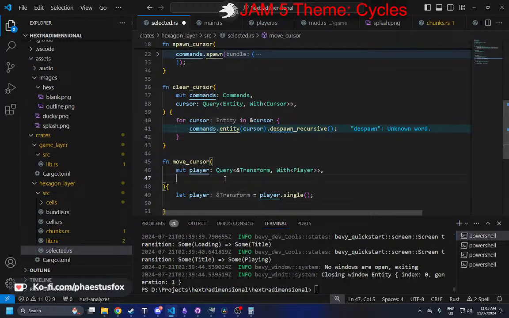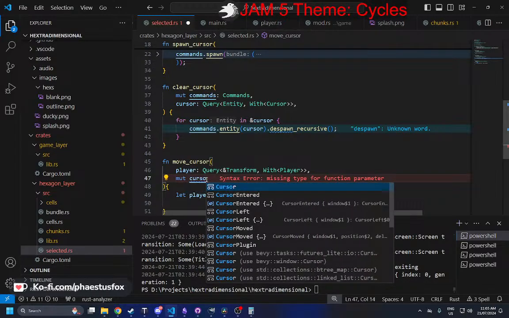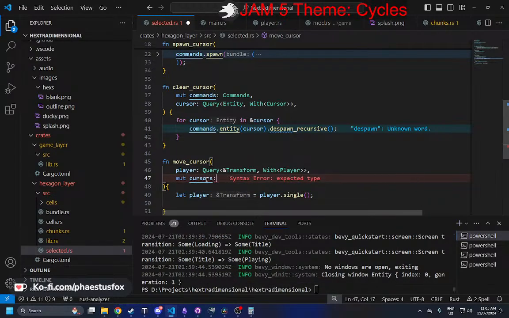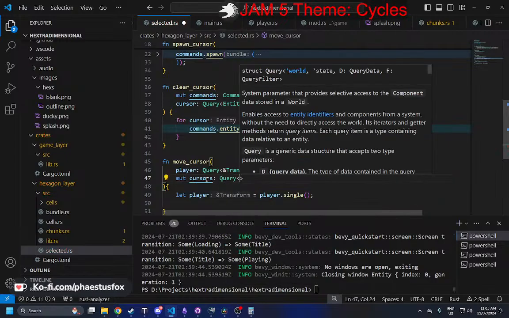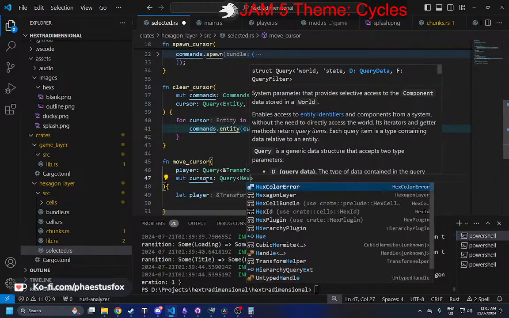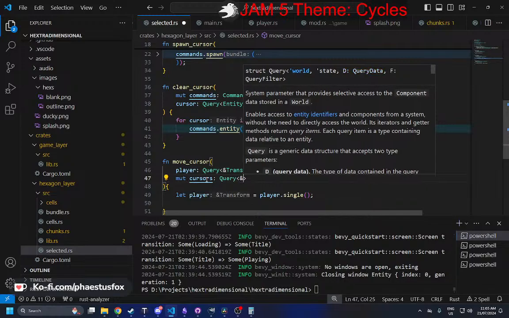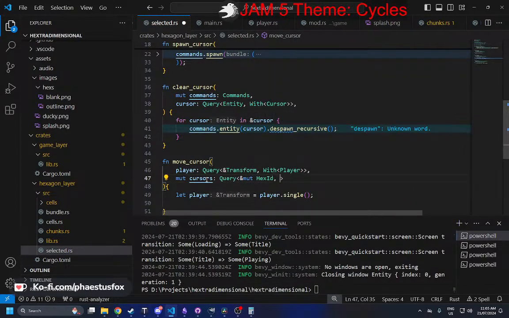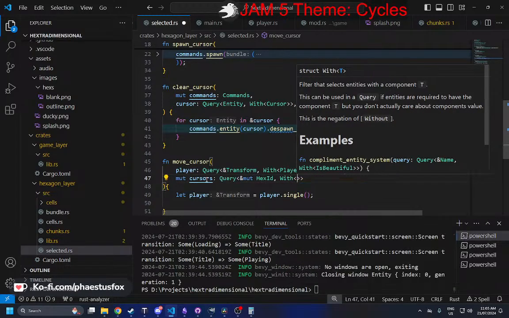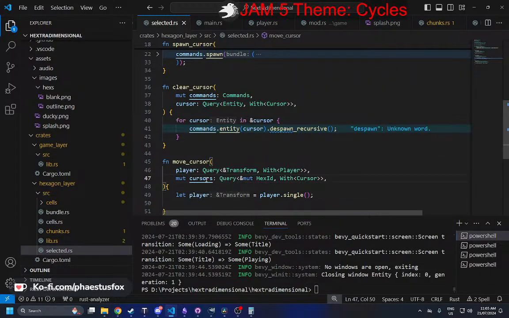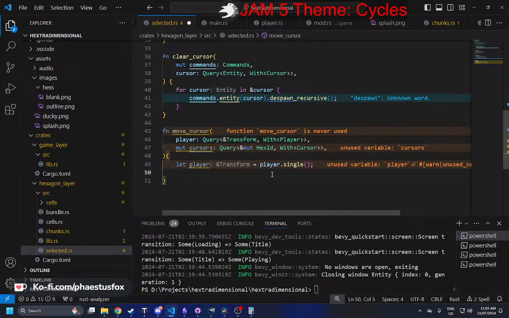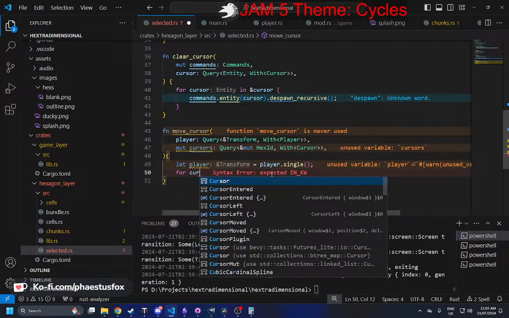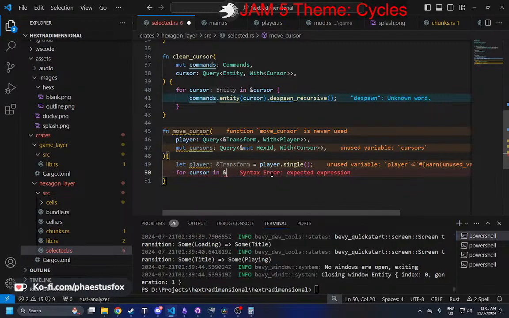So what's next? Then we need to make sure we get our cursor. This one actually does need to be mutable, not like the player does. And this is going to be cursor. We need to query our mute hex ID with cursor. All right, and then we're going to say for cursor in mute cursors,